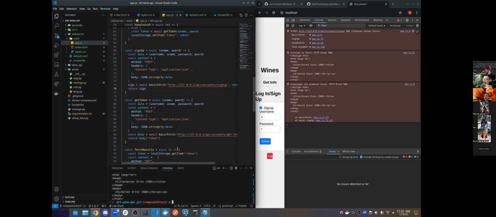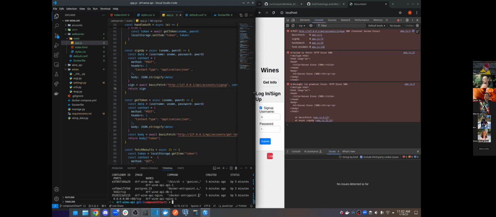Oh, try a migration. It would have to be inside of the container, I think. So do I gotta bring it down? No, we could do a Docker exec to do that. You should have this exact same container name. If not, change it. But yeah, do a Docker exec dash IT